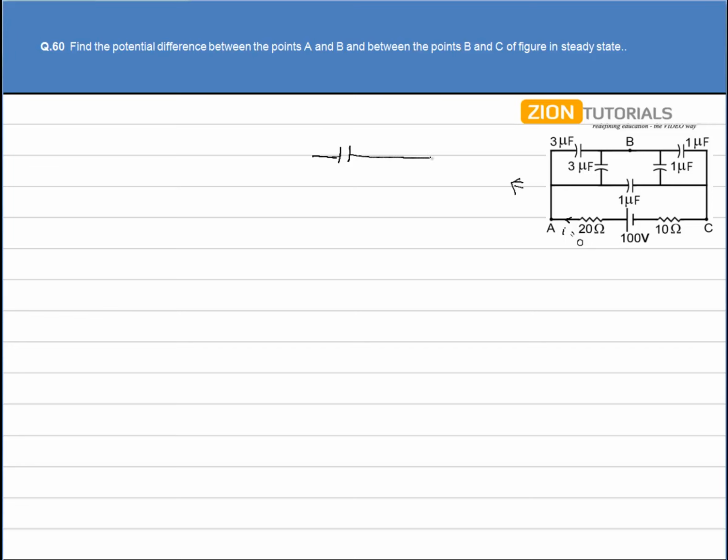We have another capacitor like this. This capacitor is the resultant of 3 microfarad and 3 microfarad in parallel, so the resultant is 6 microfarad. We have 1 microfarad and 1 microfarad in parallel again, so it gives me 2 microfarad. Let's say this point is my B, straight line coming down. Another, we have 1 microfarad like this,